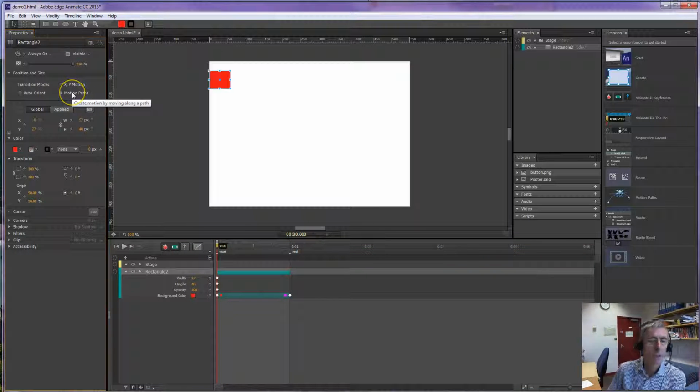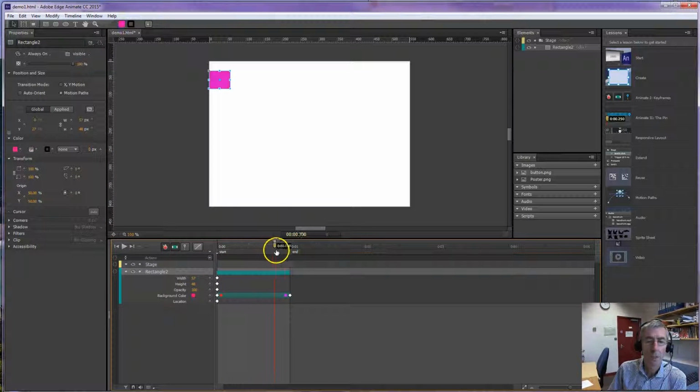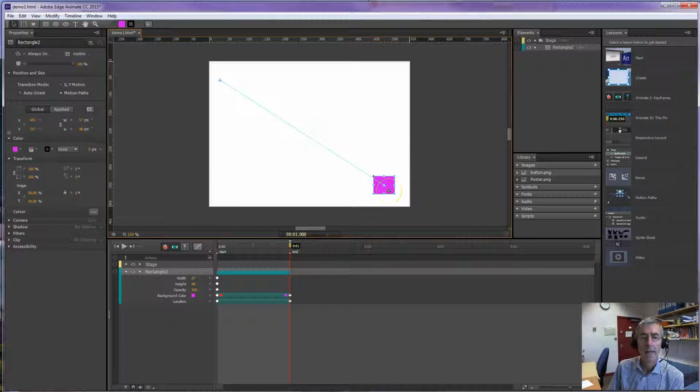So with motion paths selected, what we want to do is put a keyframe in the X and Y. We have here location as opposed to X and Y, and then we'll move this to the time we want, move this down here. And now when we let go, you can see that there's an arrow saying we're going this way and an arrow saying we're going that way. And as we hover over,